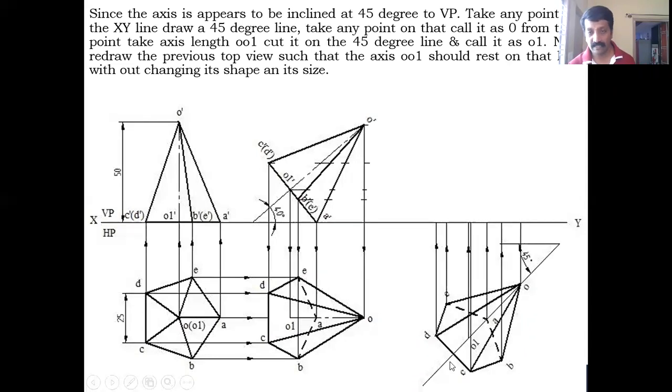Next, extend this line. After extending, you get a point here. If you extend O1, you take this distance from O1 to here and mark it. Then this point to D and this point to C distance is the same. You cut it on either side. That means you draw a perpendicular line to this 45-degree line after getting this point. Now you take these two distances and cut it. C and D you are going to get.